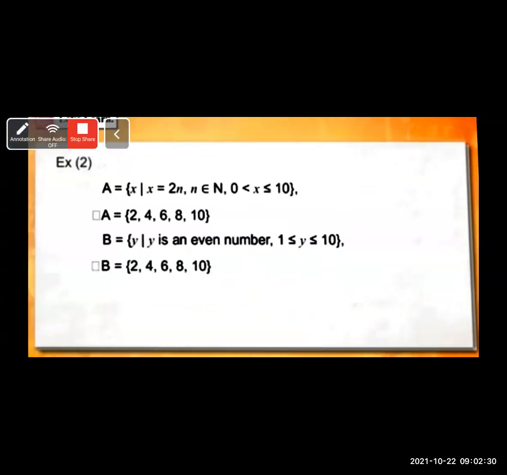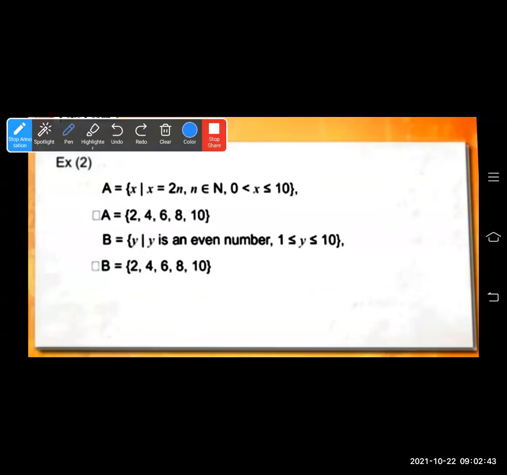So, let's see one more example. Set A is equal to the set of all x such that x is equal to 2n, n belongs to natural numbers. There are 3 conditions given here. You have to match those conditions. x equal to 2n, n is a natural number, and 0 less than x less than or equal to 10.